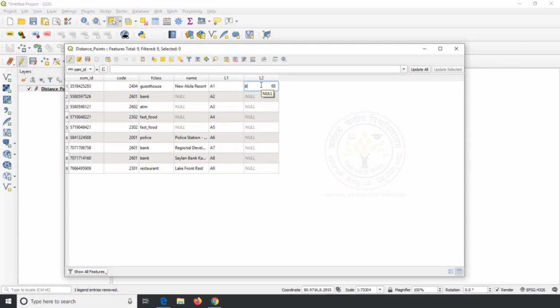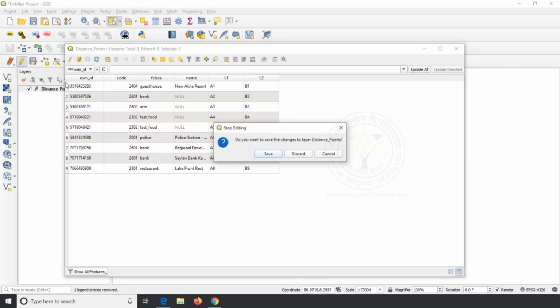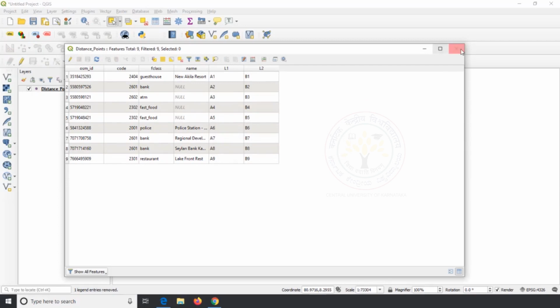In L2, I enter the value of B1, B2, B3 till end of all the points. Now we will perform the task.